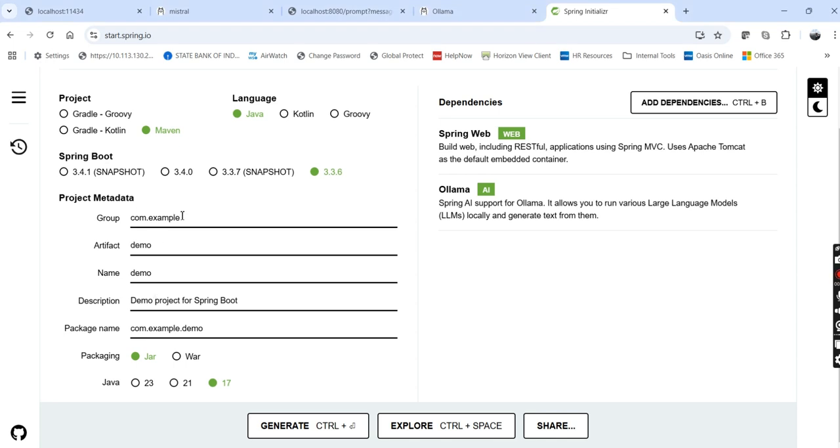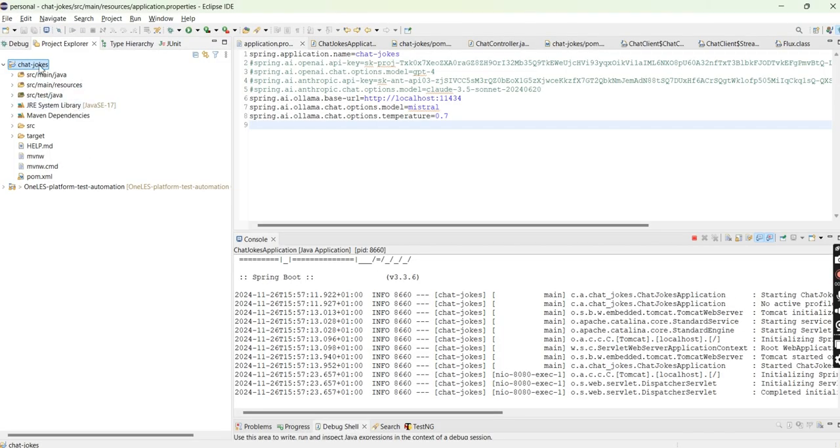You can give a name like com dot something. I just gave chat jokes or something. Once you import it in your editor, it will look like this. Now what you have to do,